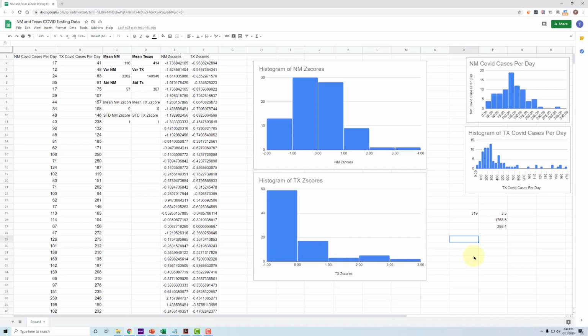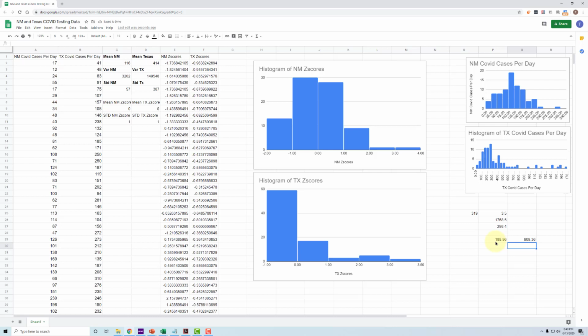So if I come back over into my spreadsheet, if I take that z-score of 1.28, and I want to see how many cases in New Mexico that would correspond to, again, we multiply the standard deviation in New Mexico, and then we add the mean of New Mexico. So that would be equivalent of 189 new cases. Well, what about in Texas? Well, again, the z-score 1.28 times the standard deviation in Texas of 387 plus the 414 mean would correspond to